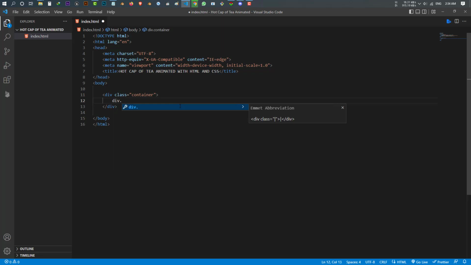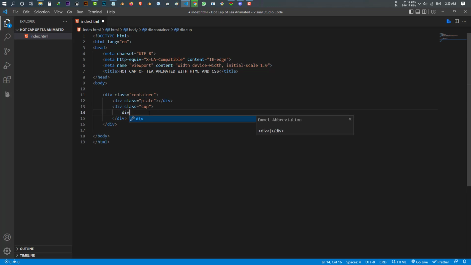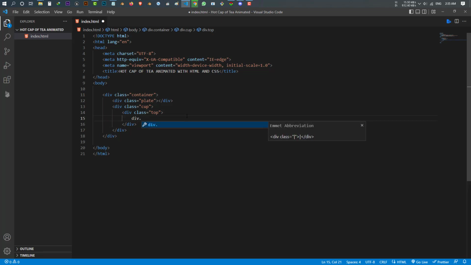So what is the first part? The first part is the plate itself. So we make a div with the class of plate, and after that we make another div with the class of cup. This is the actual cup. Inside this cup we make the parts of the cup, the first thing being the top of this cup. So we make a div with the class of top. Inside this top we have the vapor itself. So make another div with the class of vapor,